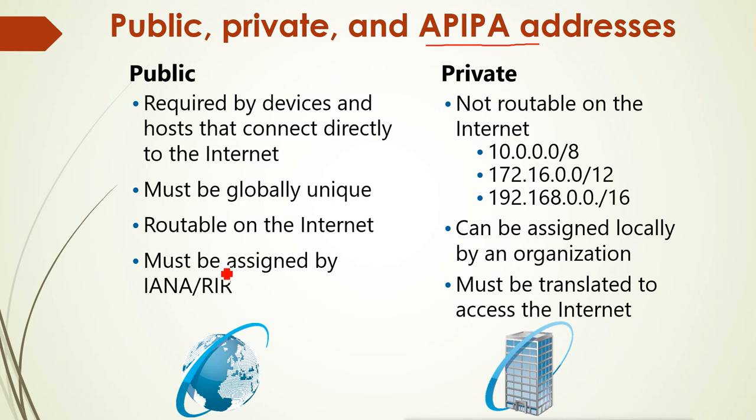and that is why it is going to be registered and must be assigned by the IANA registers. So when you want to have a public IP, you will get the public IP from the IANA registers of the IP addresses, and when you get one IP, it is going to be registered in your name, so that nobody else in the world will get the same IP. And that is why it is the routable IP on the internet. That means these public IPs can work on the internet. It can go through the internet.